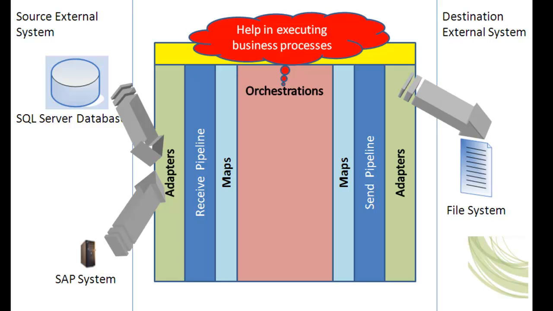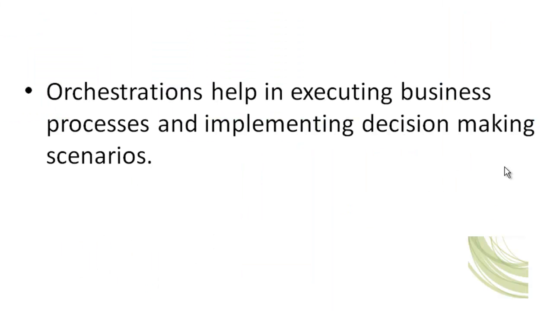Talk about a second example where the purchasing application is sending out a purchase order request to the supplier. Now based on the response of the supplier, I want to make some decisions. I may or may not buy the product from that particular supplier. So again, this is a decision-making scenario. So whenever it comes to implementing the business processes, you can implement them within an orchestration. There would be many more scenarios which you will see in the forthcoming videos. So how do orchestrations help you? Orchestrations help in executing business processes and implementing decision-making scenarios.